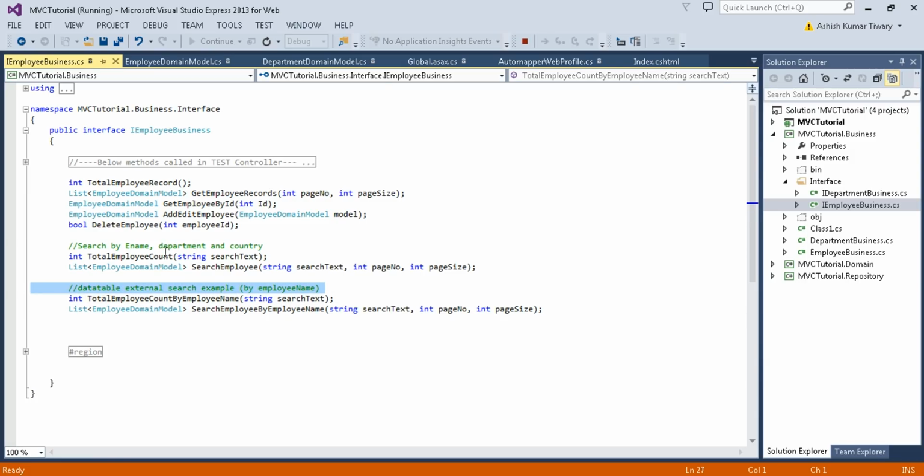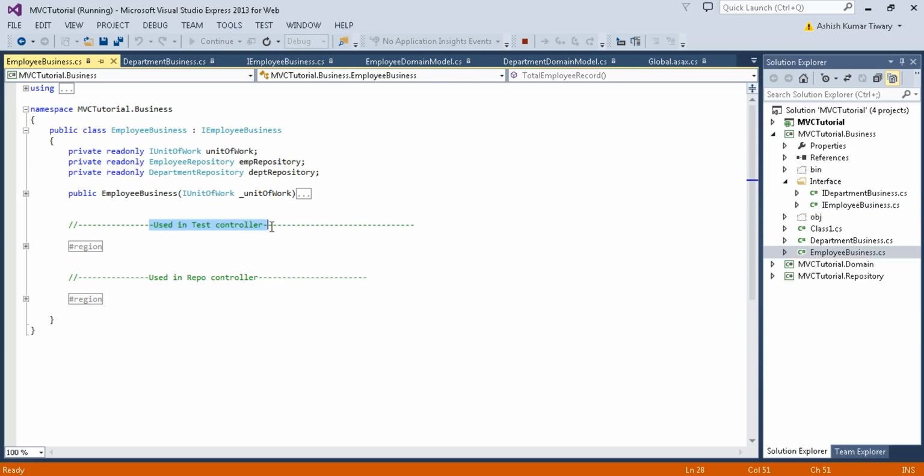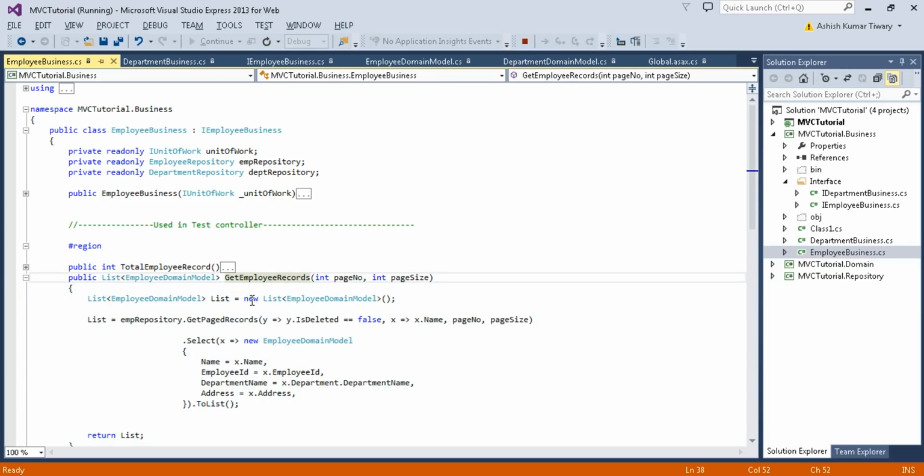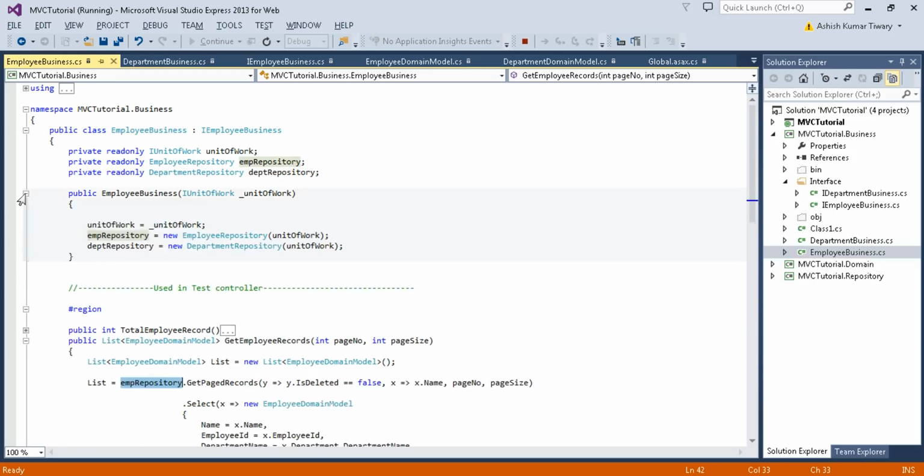I have put the description also. Department business, this is employee business. Here you can see used in the test controller. For this functionality I have created the logic here and extended it, and here you can see get employee. In the employee repository we have created the instance of that here, and I have passed the unit of work,